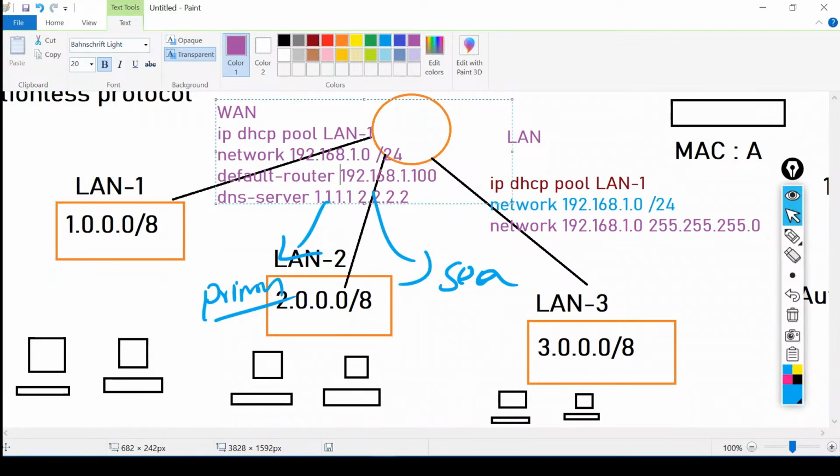Let me show you the first overview of how DHCP works and how you can allocate dynamic addressing. Then we'll go for the packet-level detail. I'll show you the basic information in the Packet Tracer first, then I'll come to the packet capture and the DORA process that is happening.